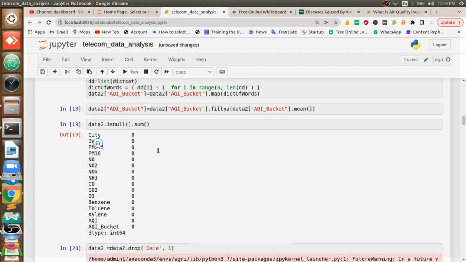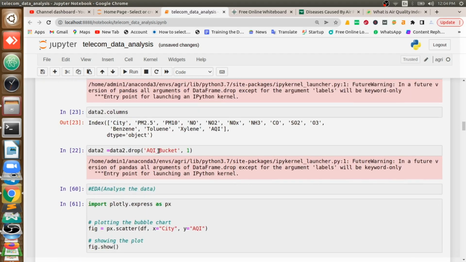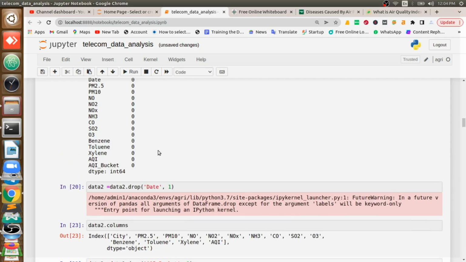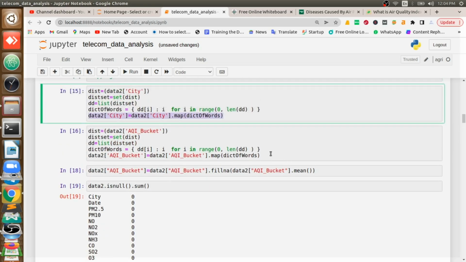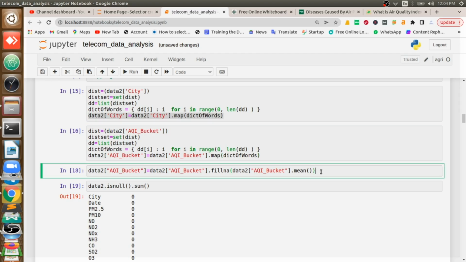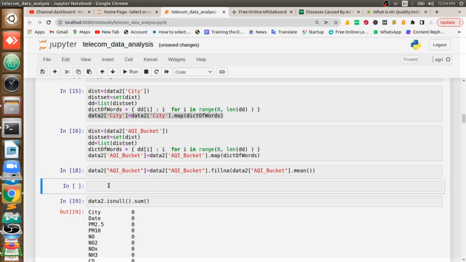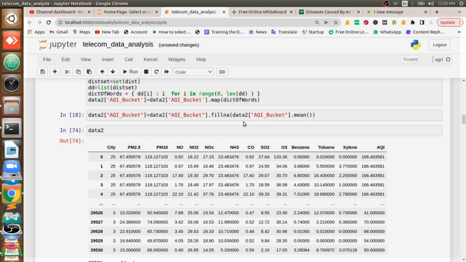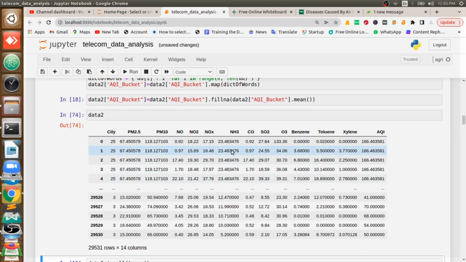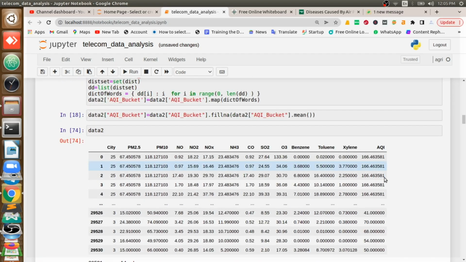Once I do that, I'll show you here itself how the data changes. Data 2, you can see here, the city column now has values like 25, 3, 3, 3, 25. In the same way the AQI bucket also.